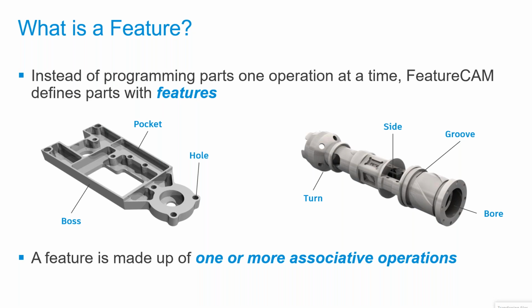And once you import the part, automatically what FeatureCAM does is it starts recognizing the 3D model and splits the 3D model into specific features. Like as you see here, it identifies whether it's a pocket, whether it's a hole, or a boss kind of functionality. And the same way on your right hand side, you can see it's a turning or maybe a mill-turn job. So similarly on mill-turn jobs as well, once you import the data, it automatically recognizes the features.